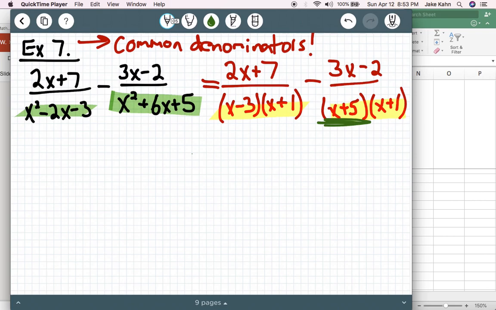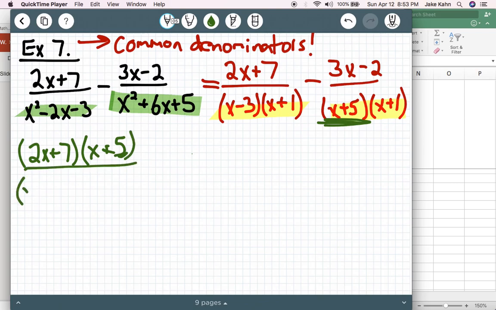I'm going to need some more room, so I'm going to do this in the next step here. 2x plus 7, remember what we're doing, we're multiplying by x plus 5 on top and bottom. Minus